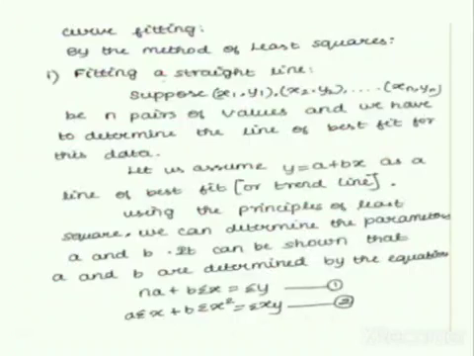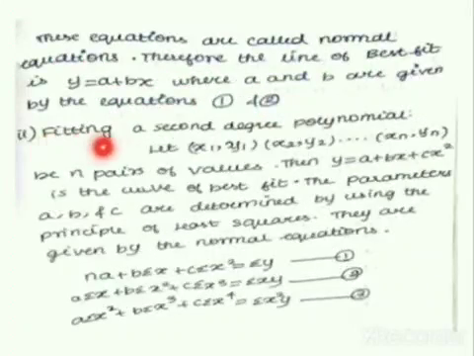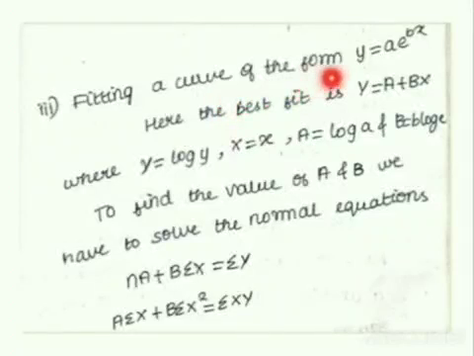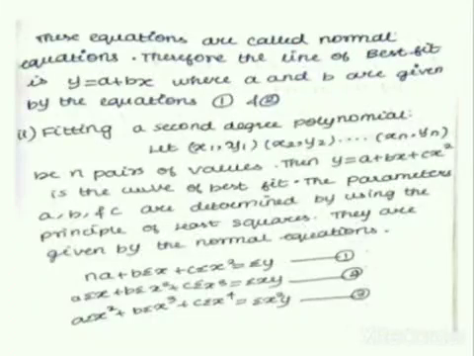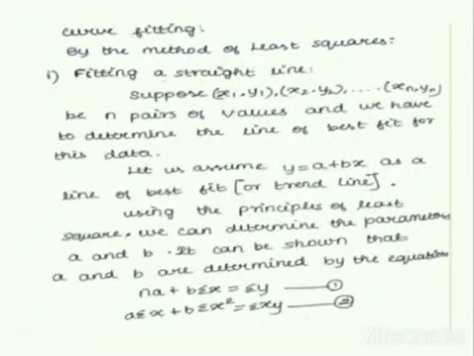Let us see the definition of curve fitting. By the method of least squares, we are going to find three methods. Our first method is fitting a straight line. Second method is fitting a second degree polynomial. And our last method is fitting a curve of the form y is equal to a e power bx, which is the exponential curve form. So let us see our first method, which is, suppose x1 comma y1, x2